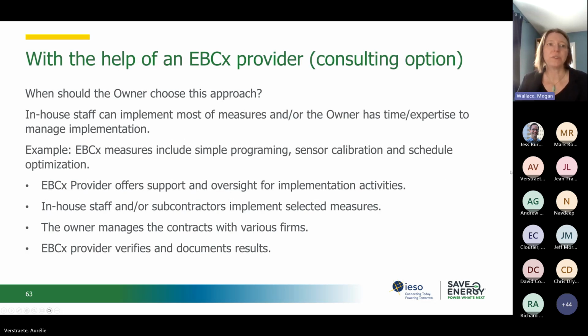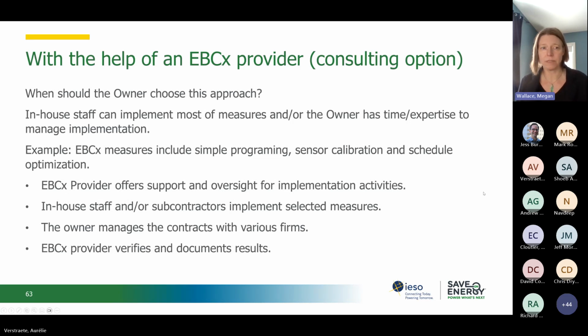The second option would be that the owner can implement this with the help of an EBCx provider as a consultant. So the owner would choose this approach if the in-house staff can implement most of the measures and the owner has time and the expertise to manage this implementation. An example of this would be something where there's some simple programming required for the BAS, or sensor calibration, or